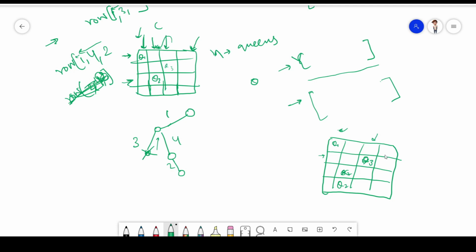So now what I will do, I will search for the position of q4. So I cannot place it over here, and none of these other places. So I will backtrack again and move q3. Is there any possibility? No. If there is no possibility, I will backtrack again over here. So can it find some other solution? No, it cannot find some other solution because q2 is at its last position. So there is no such solution.